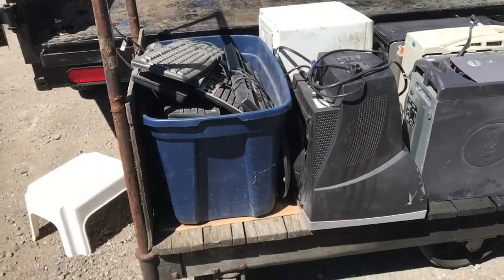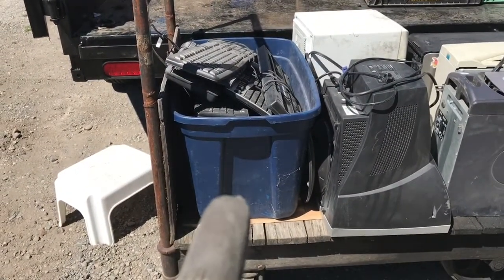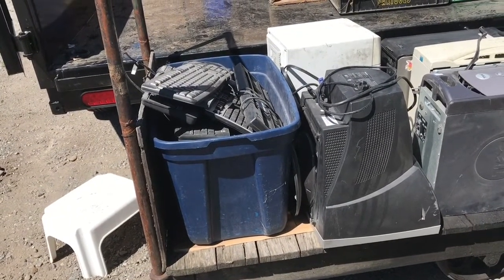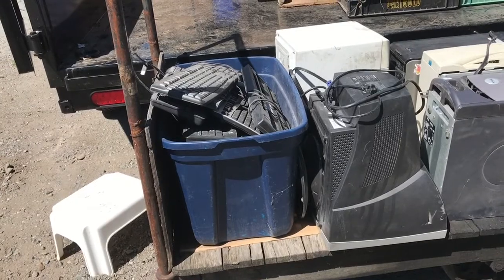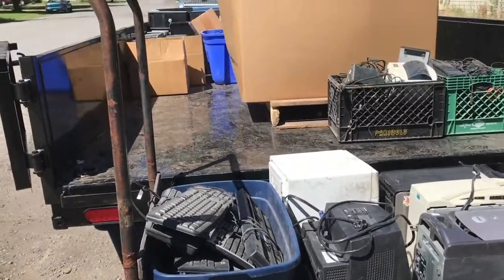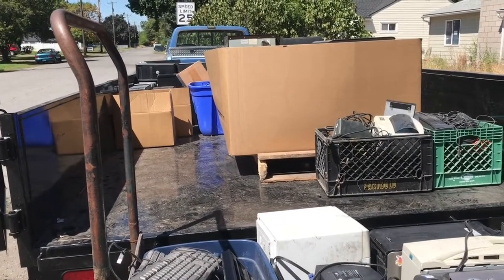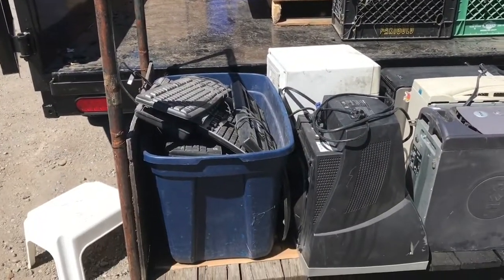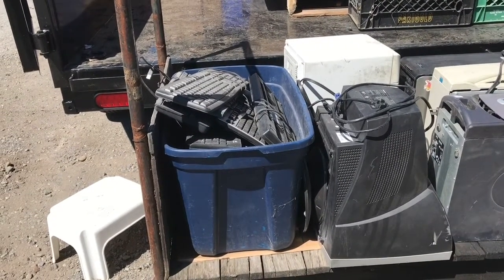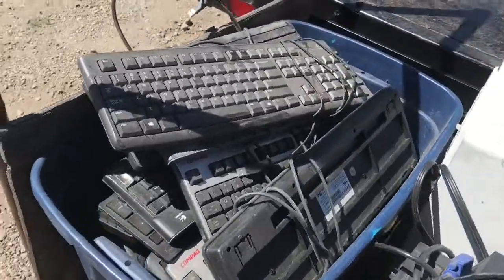I got a whole tote that's all keyboards. Plus, I found 2 of the old IBM clicky kind of keyboards. And then there are some more keyboards in the little boxes back there. So I guess I'll be getting a lot of those silver sheets. And then I'll see if I can sell the